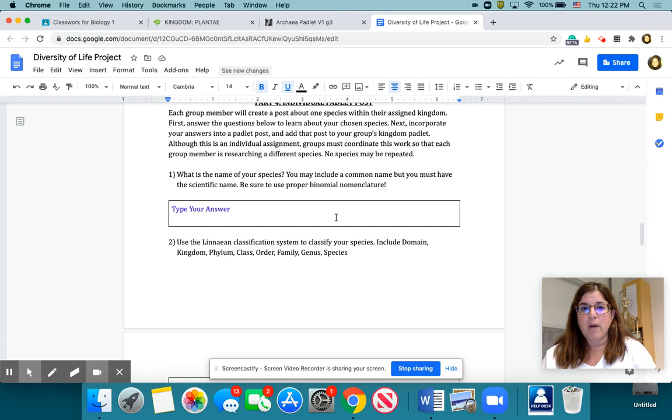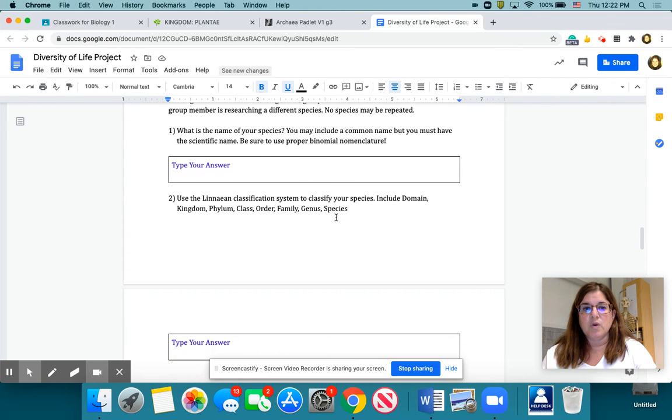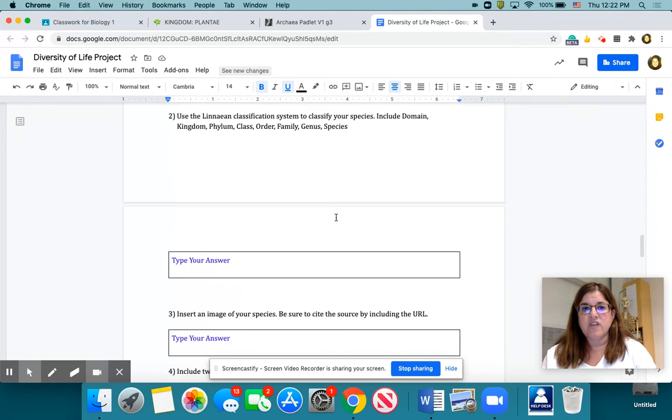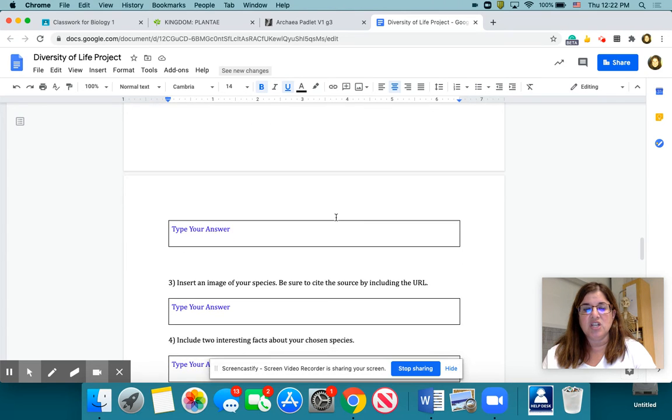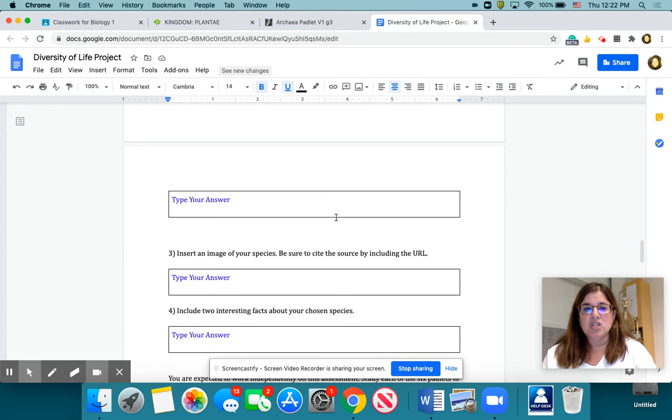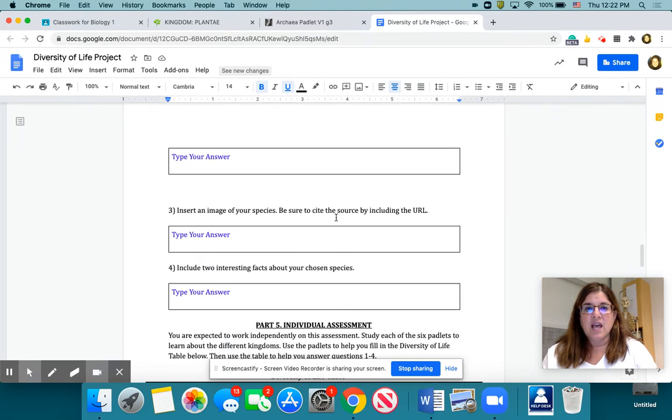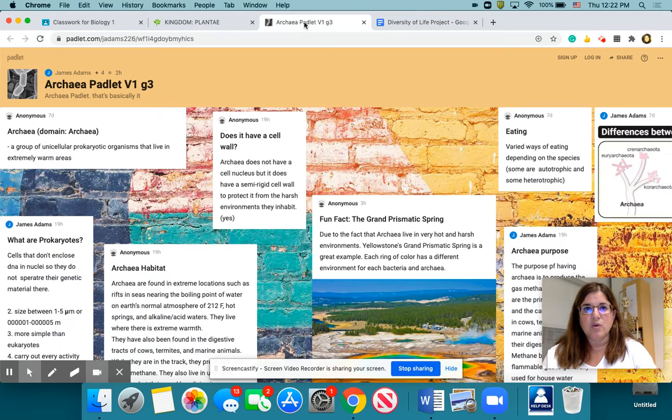They had to use proper binomial nomenclature or scientific naming to name their organism. They had to classify it using Linnaean classification. They had to include an image and some interesting facts. And let's go back, then they were supposed to post this onto their Padlet. So let's go back to the Archaea Padlet and see